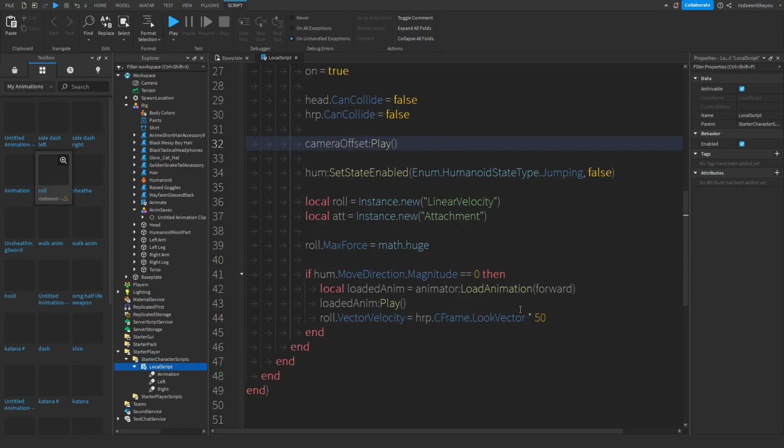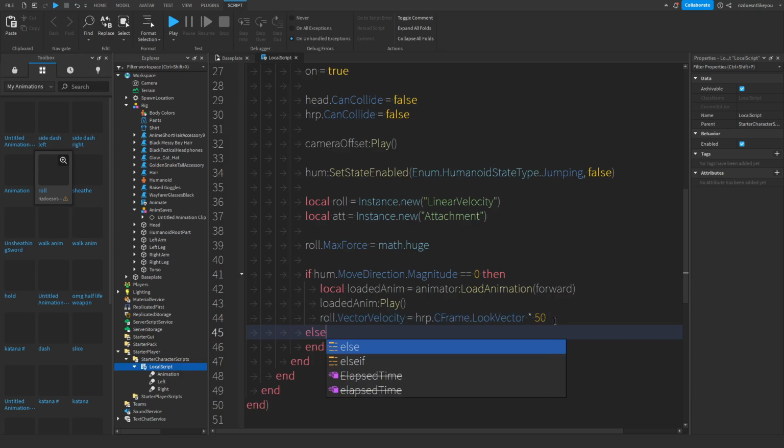Look vector is the thing you're looking at. So whatever orientation you're in, with shift lock, you can change your character's orientation, and it will just move you forwards in that orientation. Anyways, else